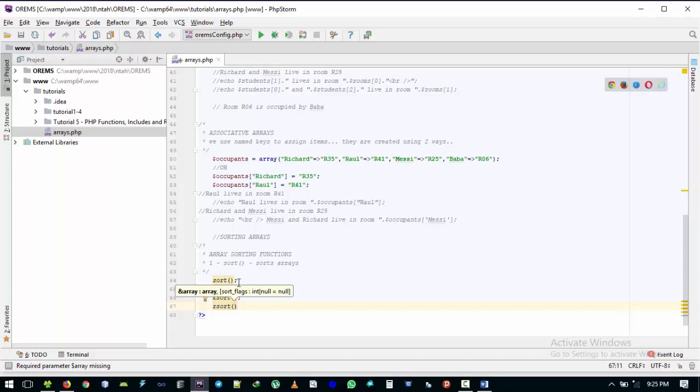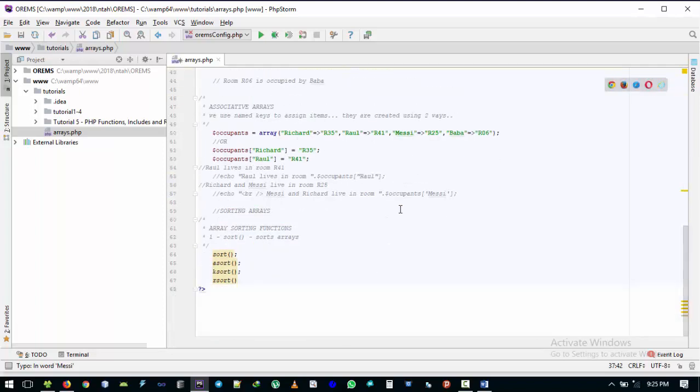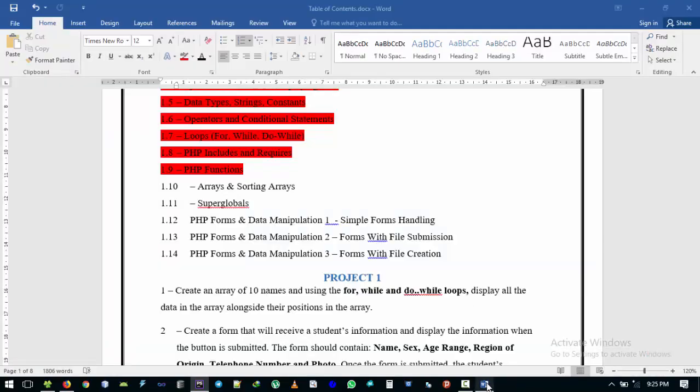We'll talk about the sorting function. It's simply like sorting alphabetically, where it sorts A first and B first, then tries to arrange them and so on. But the usage is what is important. So for now I'll end here about array sorting, and then in our next tutorial we are going to move on to